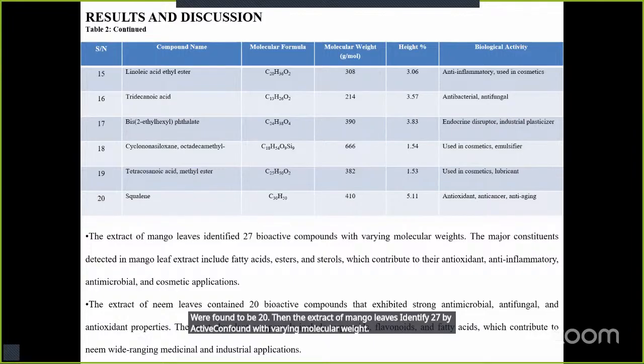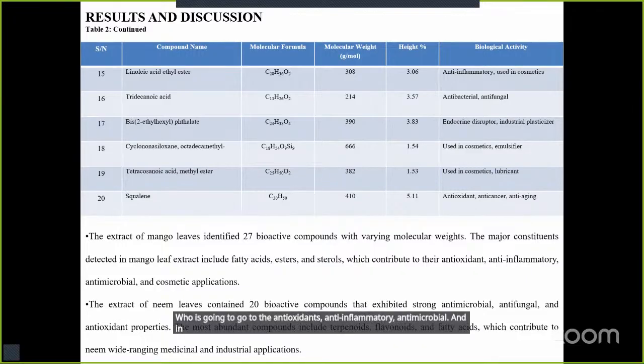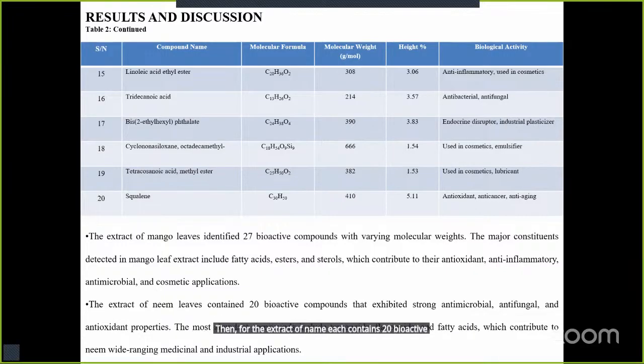But the major constituents detected in mango leaves include fatty acids, esters, and sterols, which contribute to antioxidant, anti-inflammatory, antimicrobial, and cosmetic applications. The extract of neem leaves contains 20 bioactive compounds that exhibit antimicrobial, antifungal, and antioxidant properties. The most abundant compounds in neem leaves include terpenoids, flavonoids, and fatty acids, which contribute to neem's wide-ranging medicinal